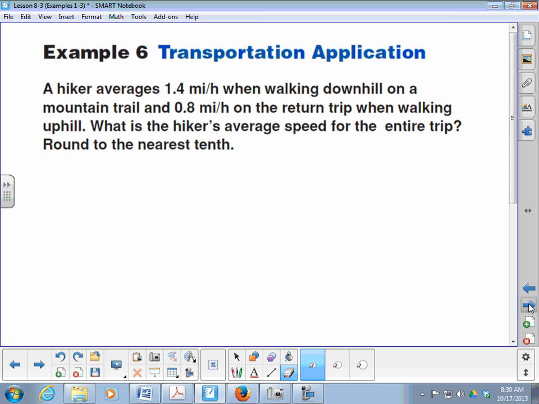A hiker averages 1.4 miles per hour when walking downhill on a mountain trail, and 0.8 miles per hour on the return trip when walking uphill. What is the hiker's average speed for the entire trip? Round to the nearest tenth. Okay. Now,